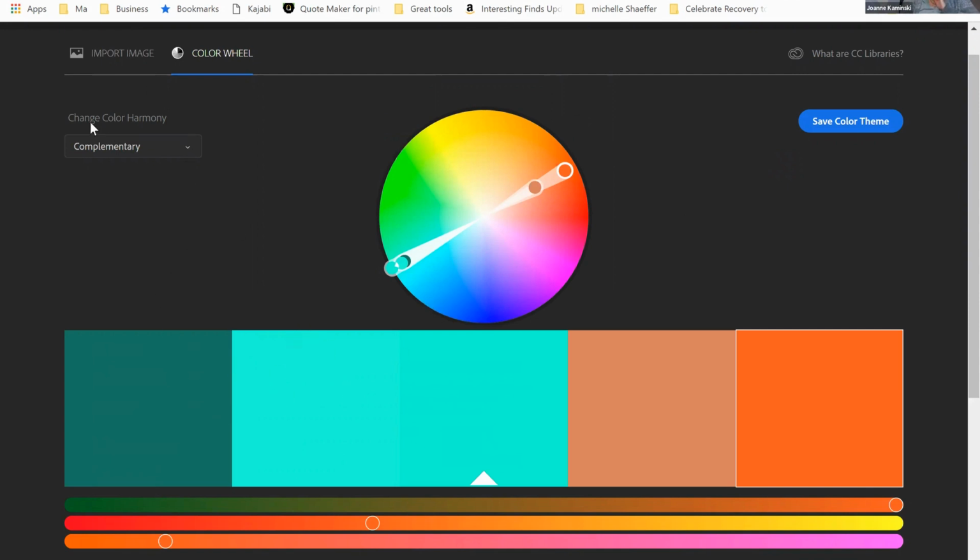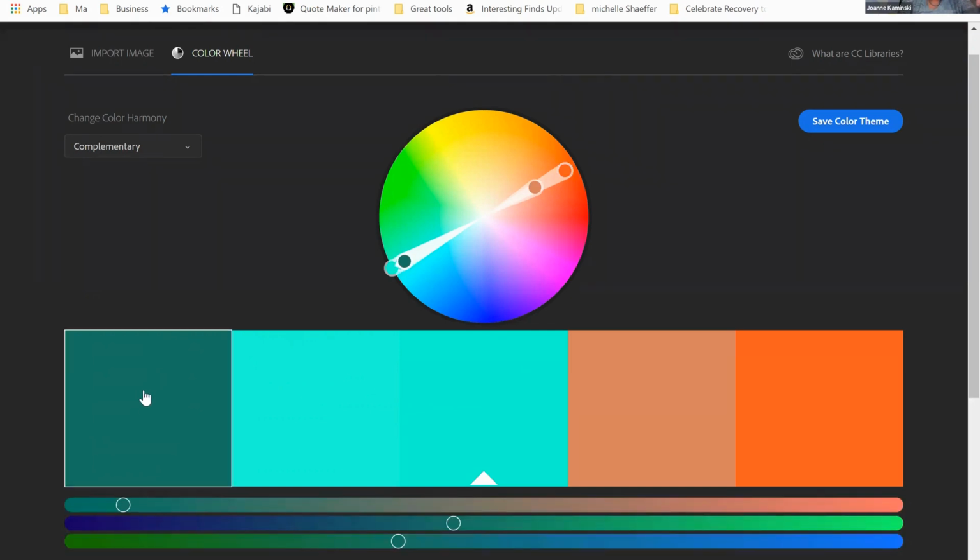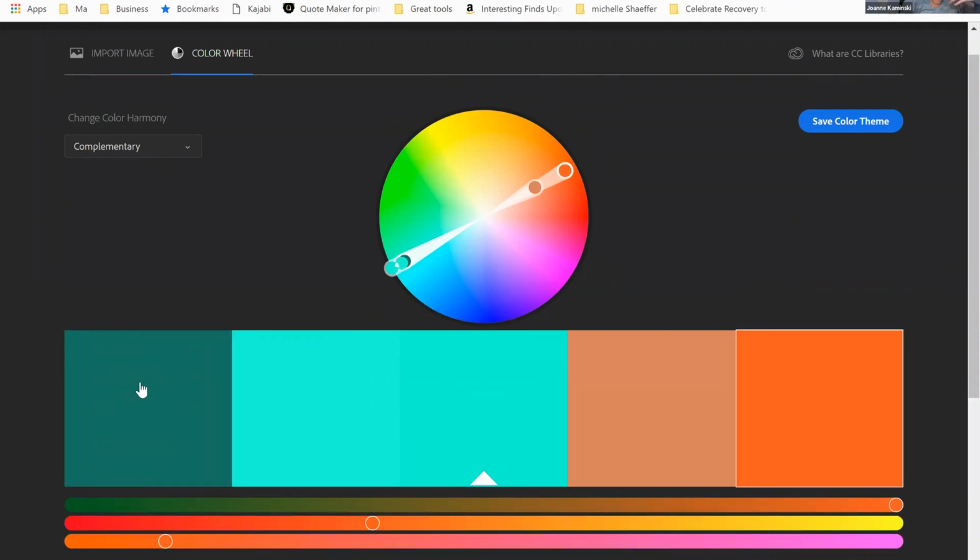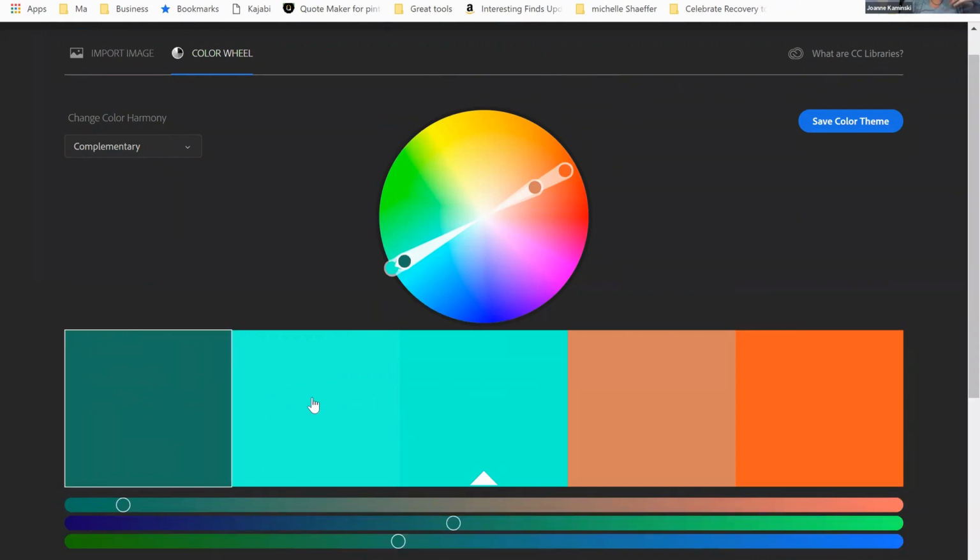I've selected this. I'm going to put a link for you guys inside of the description so that you can just click on it and you can get here. But what you end up doing is you can try all these different types of colors, but if you stick with the complementary ones, you'll go for the same effect that I was just talking about. So if most of my webpage was like this dark teal color, I would want to go with this orange. Notice how they complement each other and they go really well.